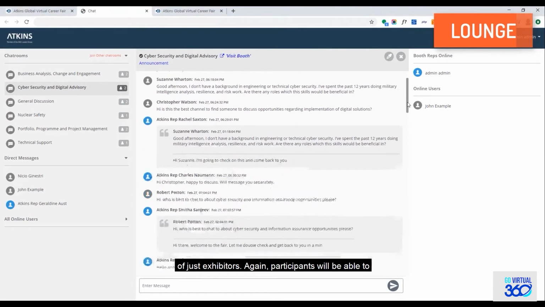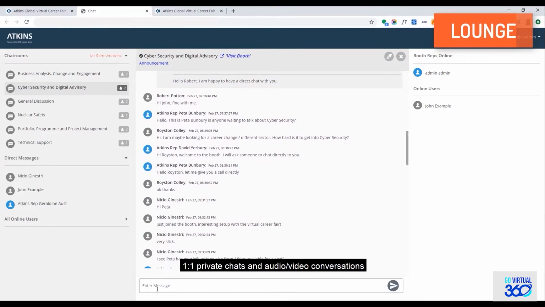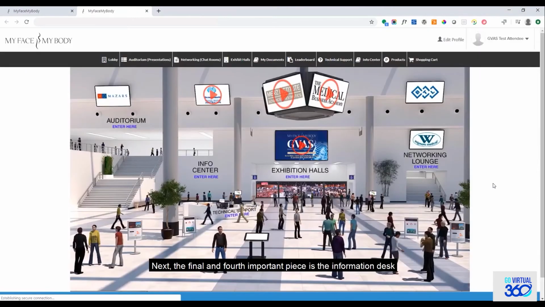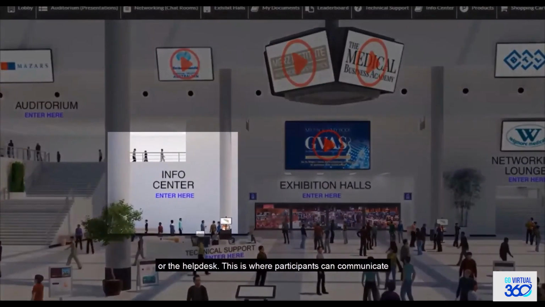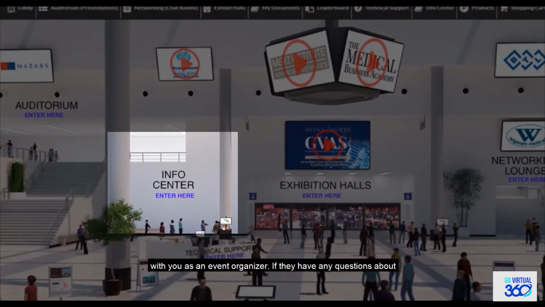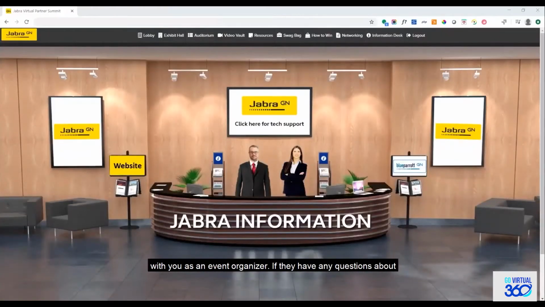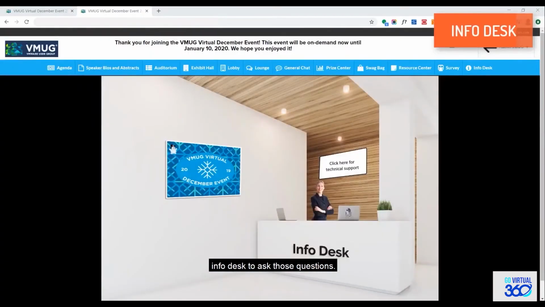Again, participants will be able to share information through a group chat or even initiate one-to-one private chats and audio-video conversations. Next, the final and fourth important piece is the information desk or the help desk. This is where participants can communicate with you as an event organizer. If they have any question about the event in general, policies, or terms, they can use the info desk to